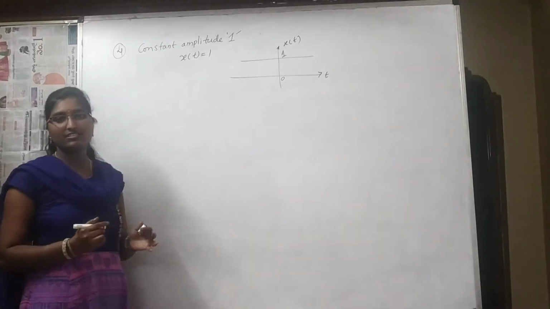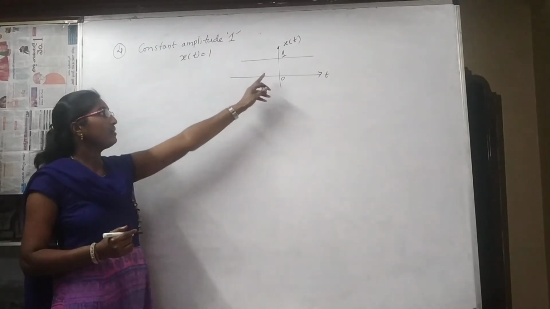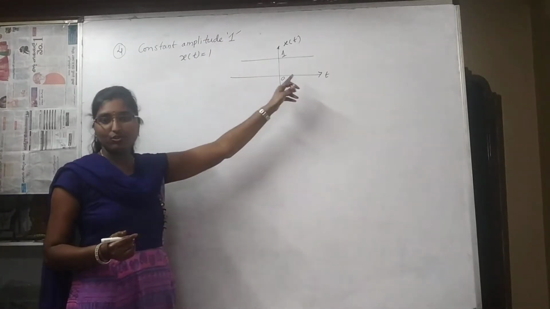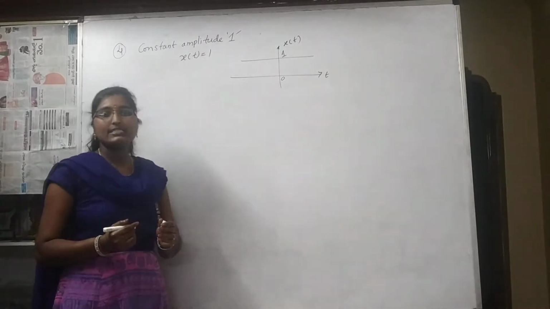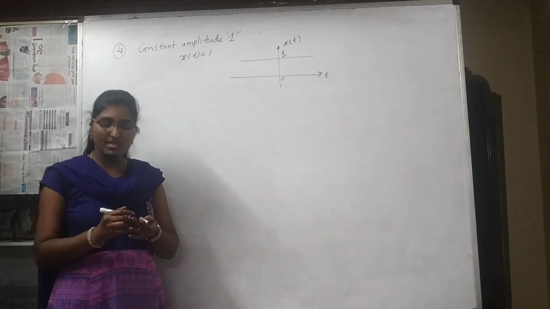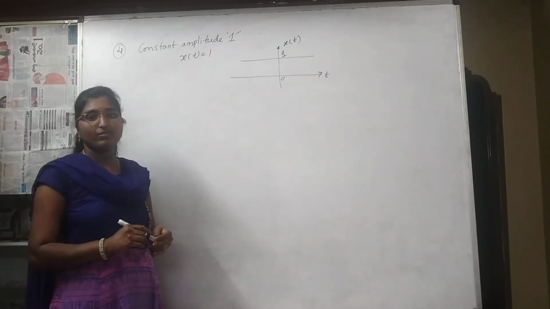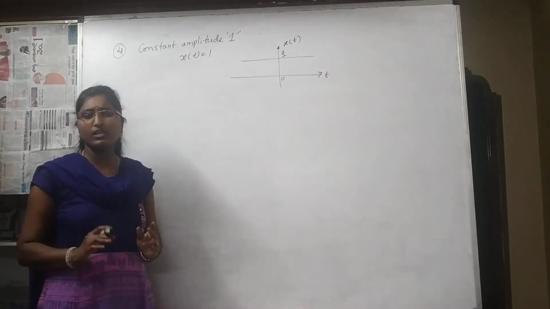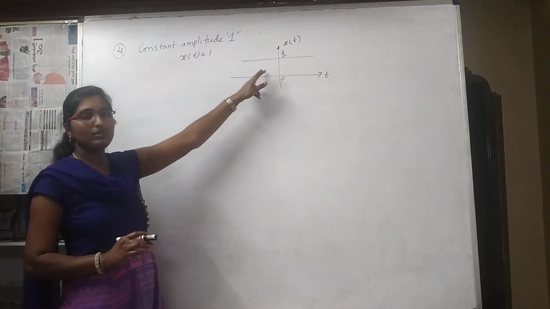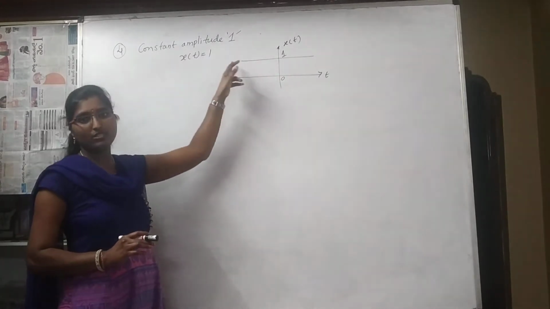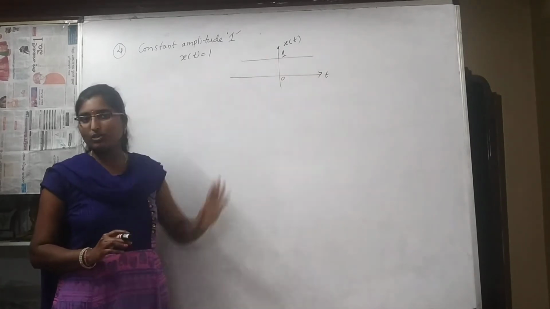And the next signal is some constant, x of t is equal to 1, amplitude. For the entire range of t, the signal's amplitude is 1, and the existence of Fourier transform. The necessary and sufficient conditions for the Fourier transform we have seen in the last class. x of t must be absolutely integrable. Now observe. Now tell me, is this absolutely integrable? That means it is ranging from minus infinity to infinity. We can't find the area for this, and it is not absolutely integrable.